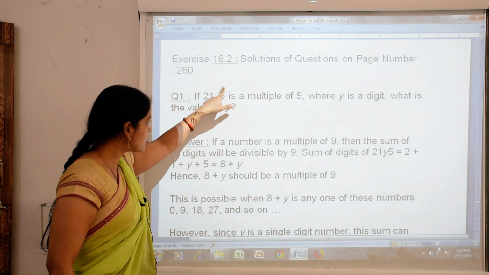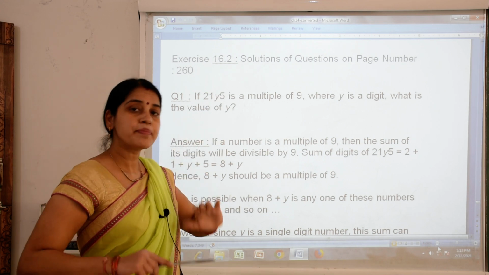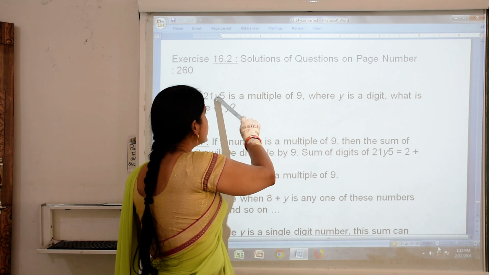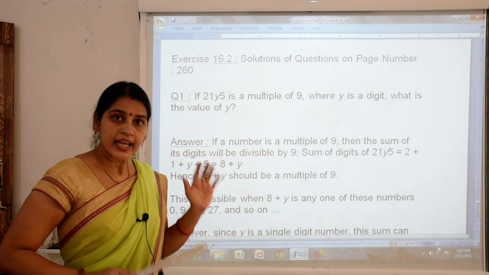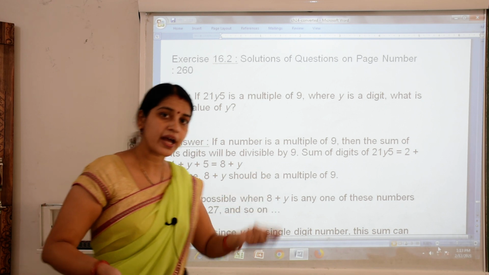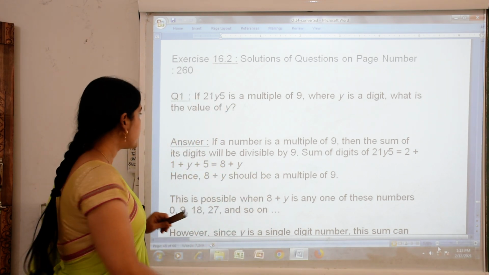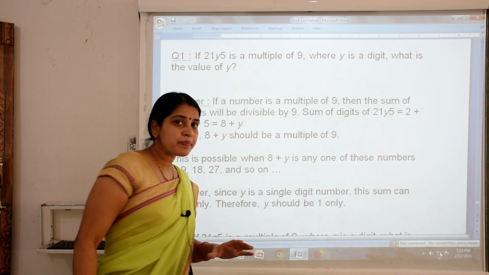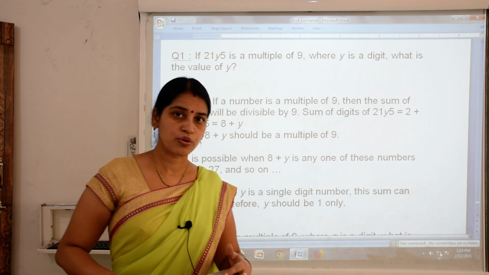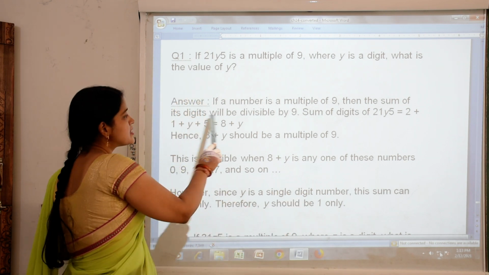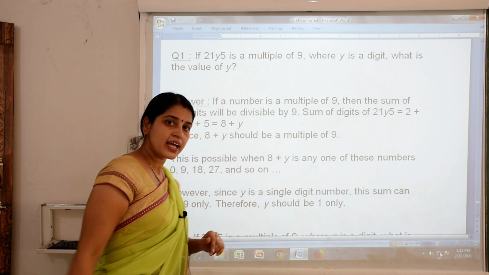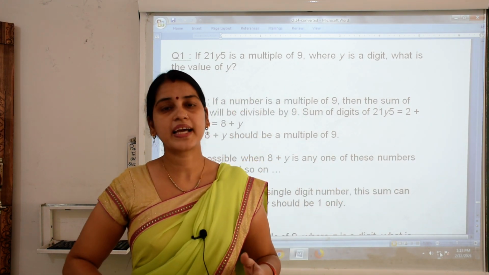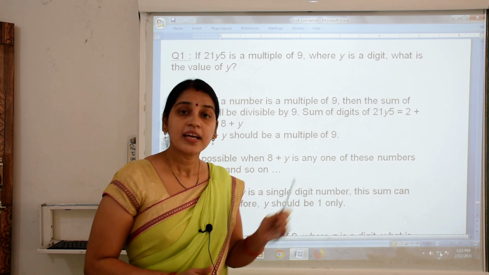अब क्या गिवन है आपको कि this complete number is a multiple of 9, ये 9 का मल्टीपल है. Then y is a digit, any digit whose value we have to find. So let's see, if a number is a multiple of 9, अब हमें पता है कि कोई नंबर किसी का मल्टीपल हो, it means the sum of its digits will be divisible by 9. उनका एडिशन करने पर जो भी सम आता है that will be divisible by 9, that we see in